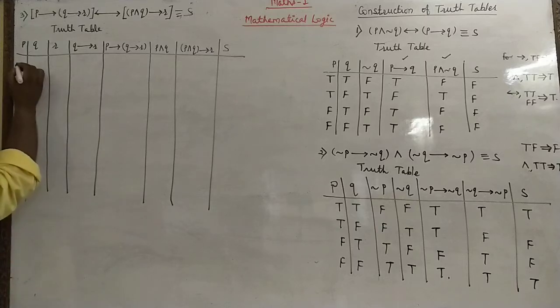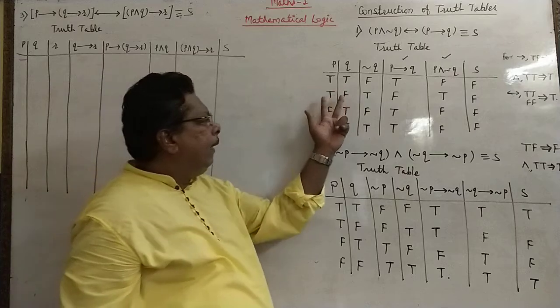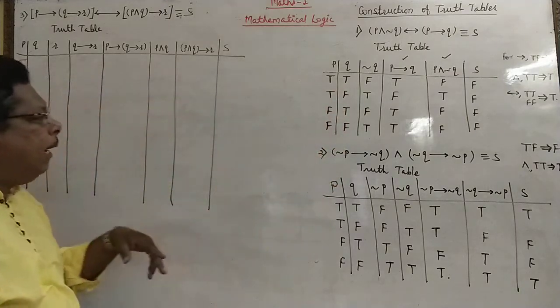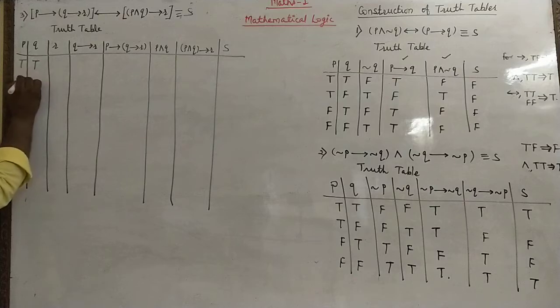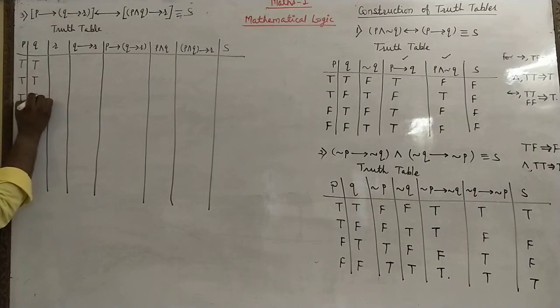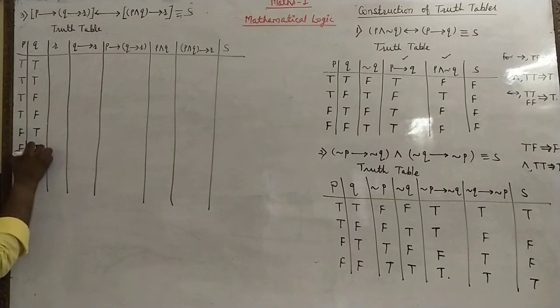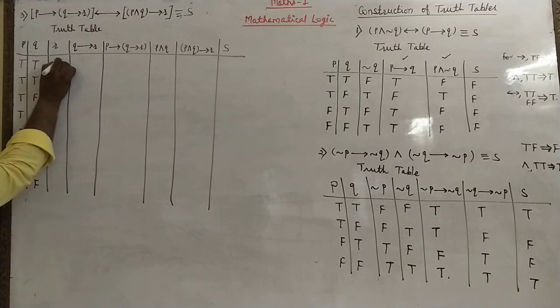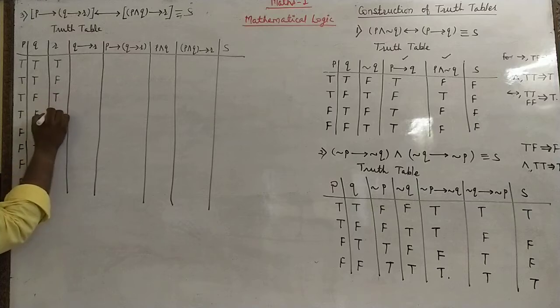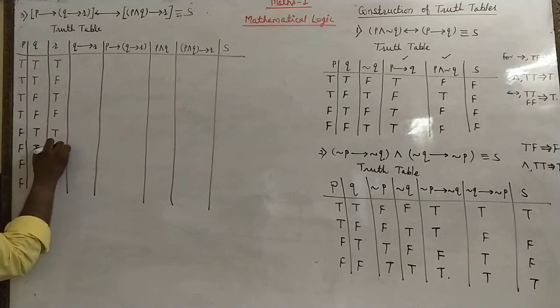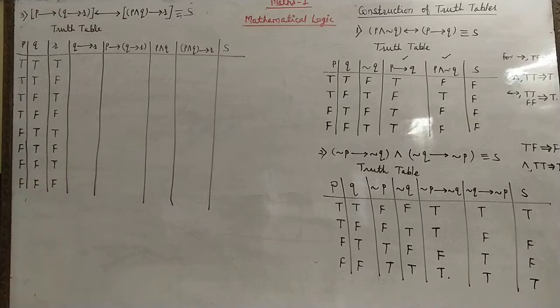How can we write the possibilities? Here are TT, TF, FT, FF. Write down each 2 times in these two columns: TT 2 times, TF 2 times, FT 2 times, FF 2 times, in column numbers P and Q. In the third column R you have to alternate true, false, true, false, true, false, true, false. These are the fixed 8 possibilities if you have 3 statements P, Q and R.